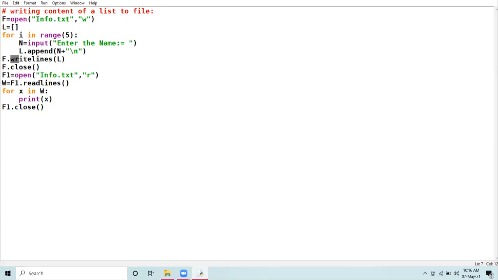This function is also used in association with file handling. Using the file handle, we can use the writelines function to transfer the list to our file. So this list L is being transferred to the file info.txt, and here we close the file.